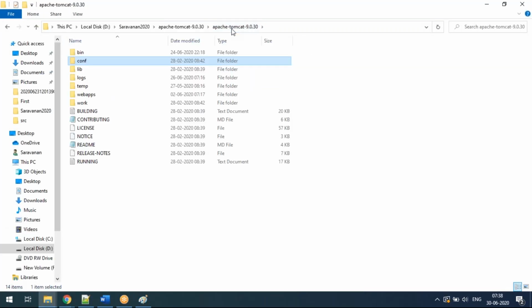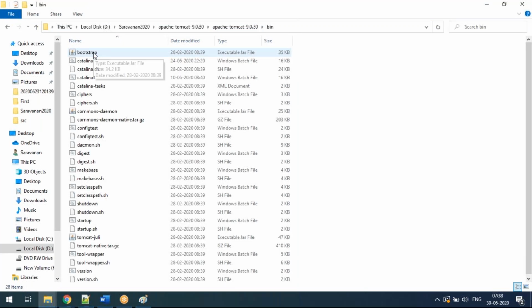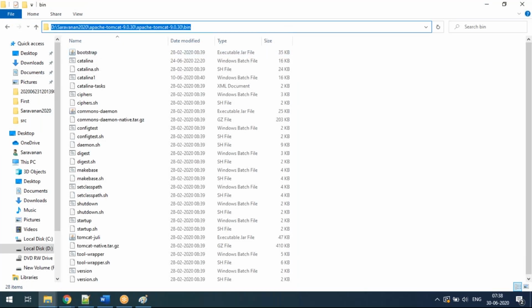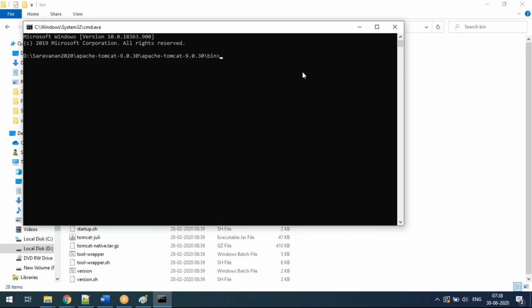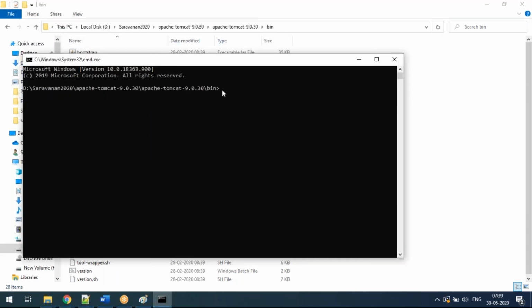I'm going inside the bin folder this time. Go to the command prompt. Usually how you will go, select the address bar, type cmd, and then go to the command. This is one way. Or else traditionally people will launch the command window, type cd and give the path, and then go to the path. Either way you can do it. For now I used the shortcut method and came to this window. Then you have to type startup.bat. There is a file called startup.bat, and then press enter, guys.